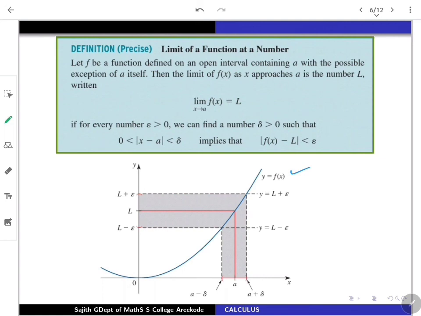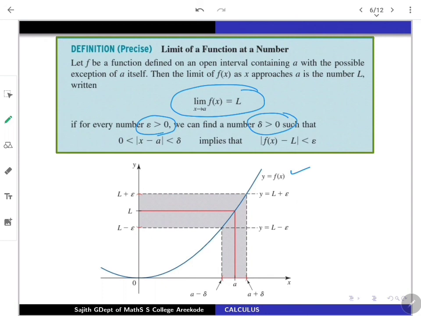Now, we wish to say that the limit of f of x is L as x is nearing a, provided that, given any epsilon positive, we should be able to find a positive number delta such that whenever